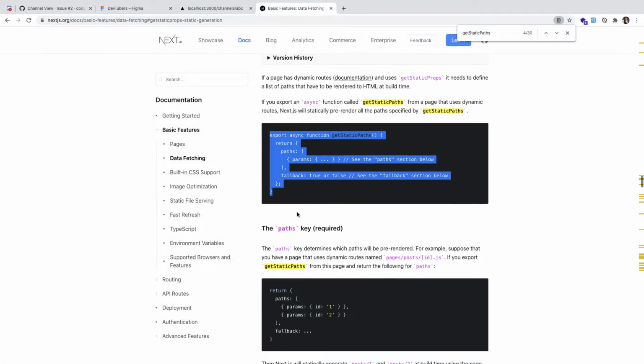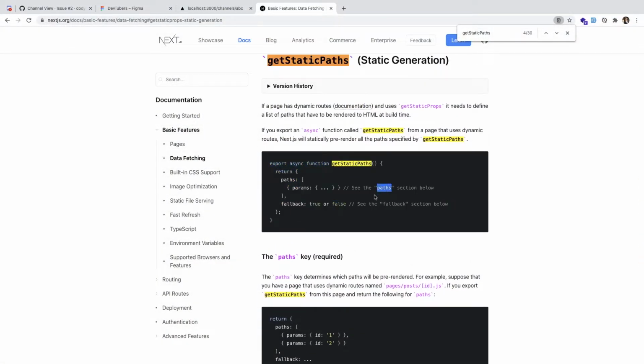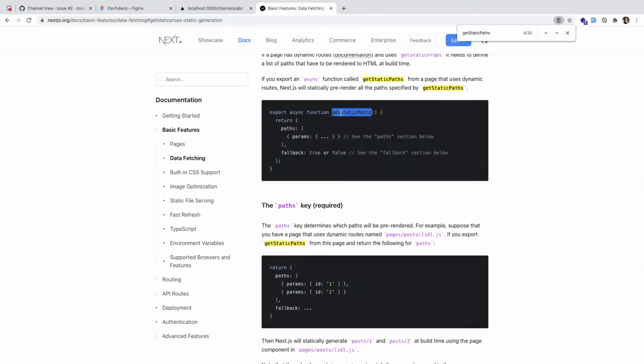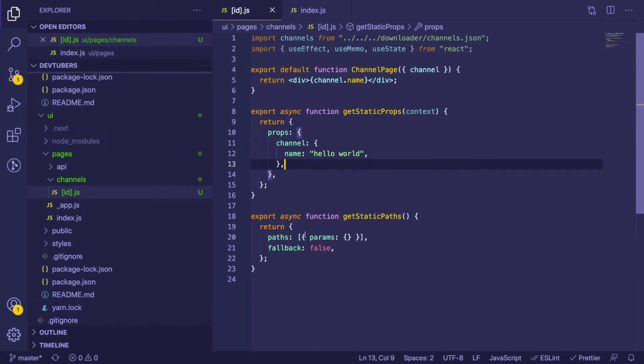All right, so how does this one work? See the paths section below. So this is an array. If you want to use this method, getStaticPaths, you need to return an object that has an array of paths, okay? And each path is going to have a params of the IDs. So here,